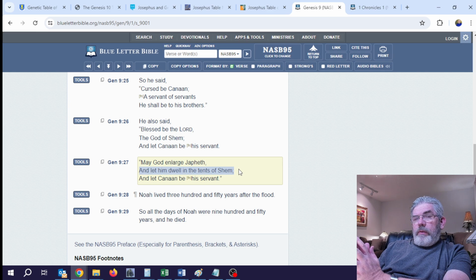And what do you say when you build a house, like building the house of Israel, or the house of Jacob? Well, in order to build a house, in other words, a descendancy or a lineage, you need to have a wife. And so I think this could be a hint here that it says, "Let him dwell in the tents of Shem," meaning that from Shem are going to come some of the wives, not all of them, but some of the wives of Shem were going to be given to Japheth, and possibly vice versa,